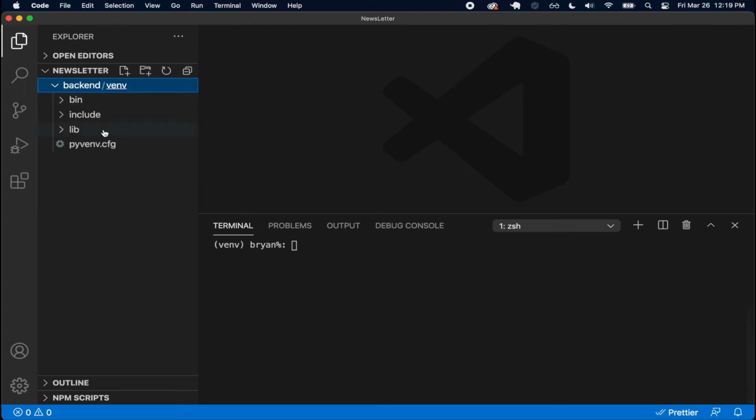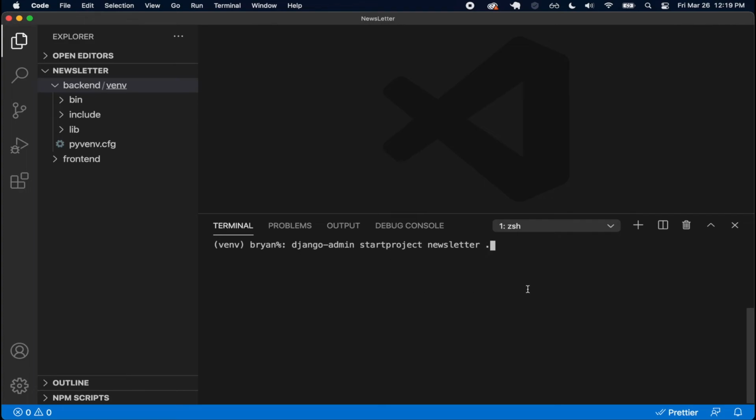I'm going to open this up, and then let's go ahead and start creating our Django project. In order to do this, I'm going to do django-admin while inside of my virtual environment here, and then I'm going to do startproject, and then the name of the project. So let's see, what's a good name? Maybe newsletter or newsletter sign up. I don't know. I'll just keep it as newsletter, and then I'll put a dot to put it inside of